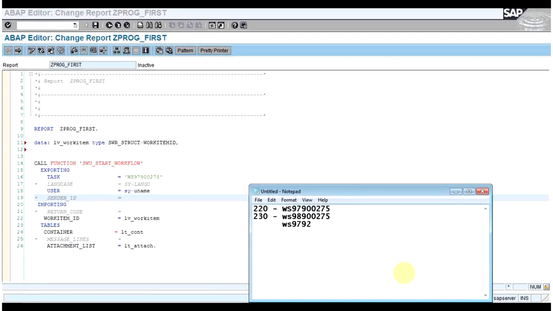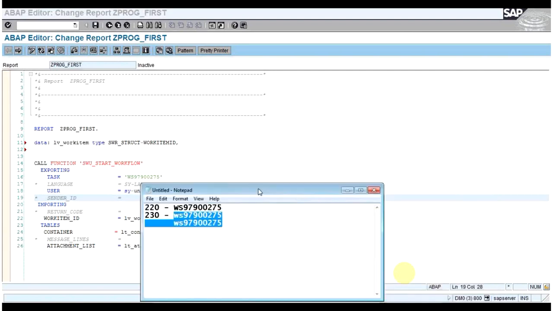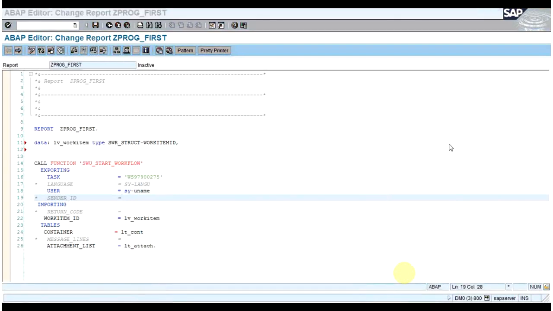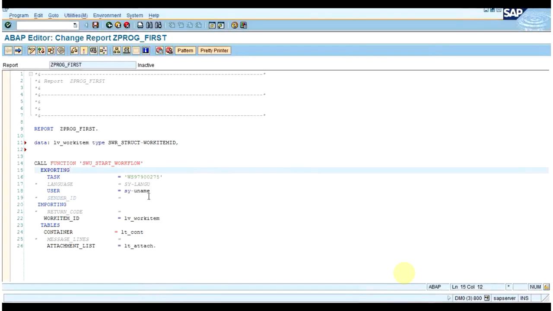Now you can see here one standard function module called SWU_START_WORKFLOW, and this standard function module is used to trigger the workflow. So in the tasks exporting parameter, I will be pasting that workflow template number, and in the user I will be writing just my user name. And in importing, as I told you, we need to take the work item ID which gets generated once the workflow is executed.